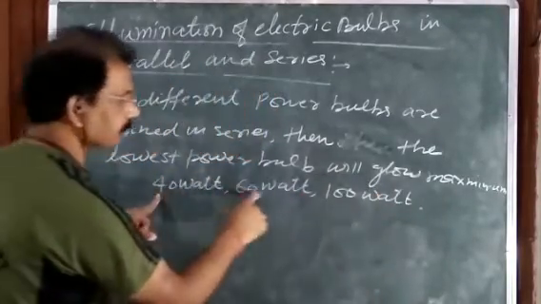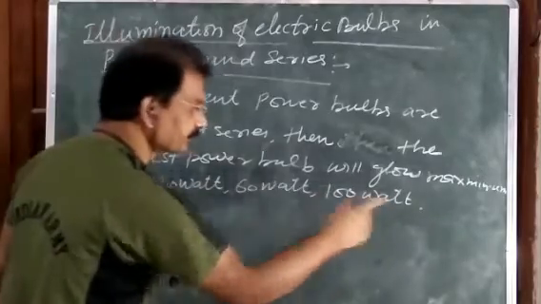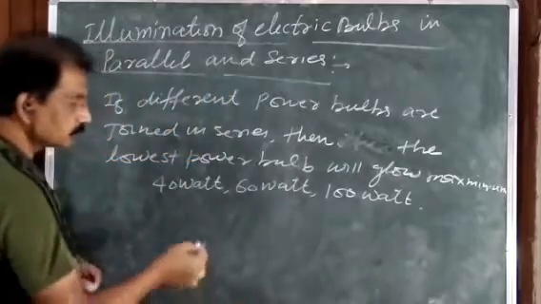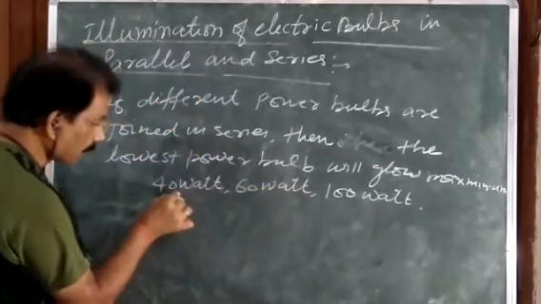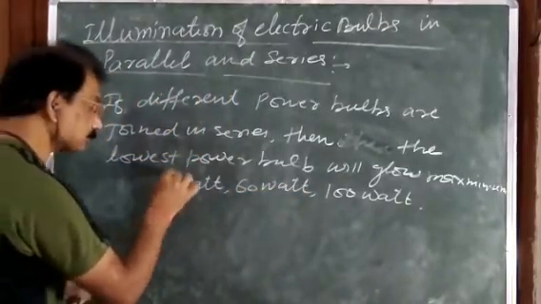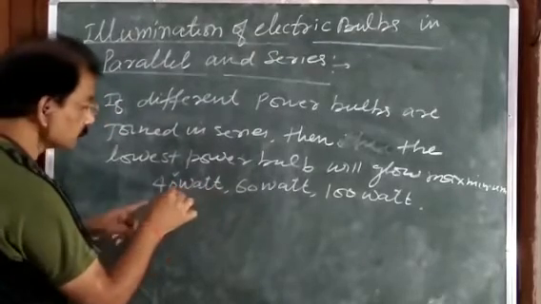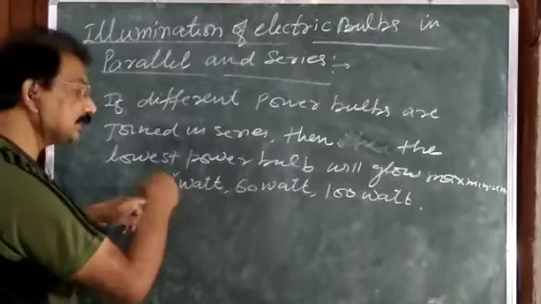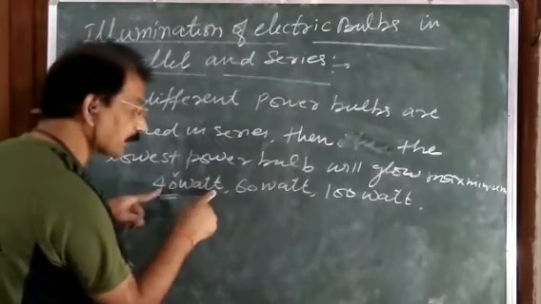Suppose these three bulbs are joined in series. अगर ये तीनों बल्ब सीरीज में जुड़े हैं किसी सोर्स से, तो जिस बल्ब का पावर सबसे कम है, ये 40 वाट, ये सबसे तेज जलेगा। क्यों? क्योंकि इस केस में इस बल्ब के कारण जो इलेक्ट्रिकल एनर्जी हीट एनर्जी में कन्वर्ट होगी वो सबसे ज्यादा होगी।